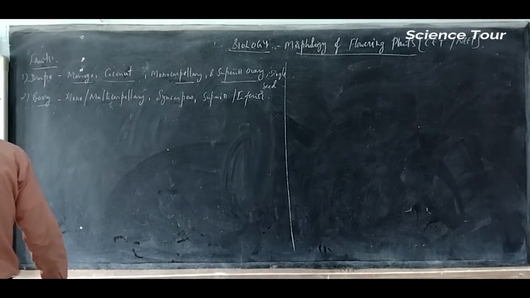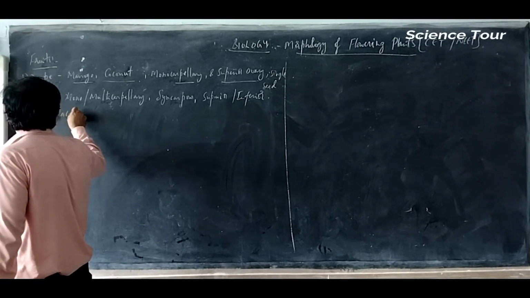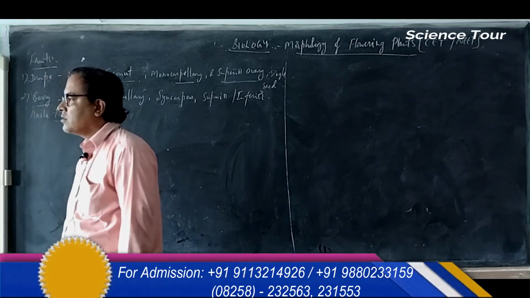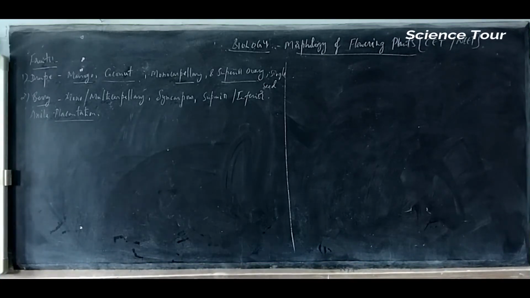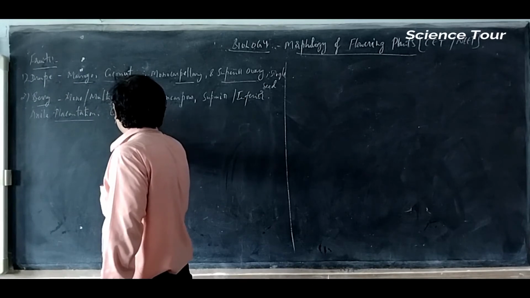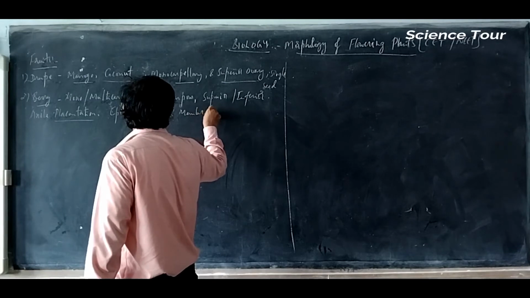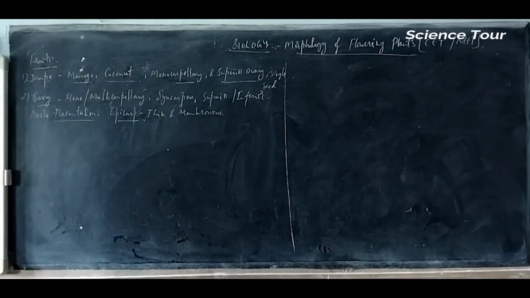Then you can see in this case axile placentation. Example you can give tomato, lemon, China rose, brinjal, guava. So epicarp is thin and membranous. That is the outermost layer, outermost coating. It's called epicarp, which is thin and membranous.